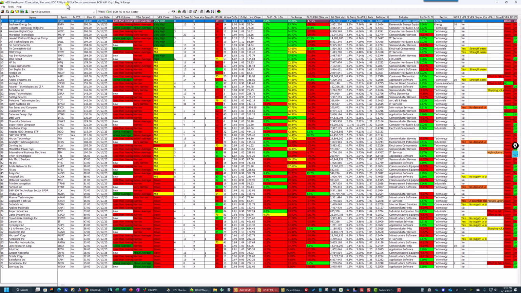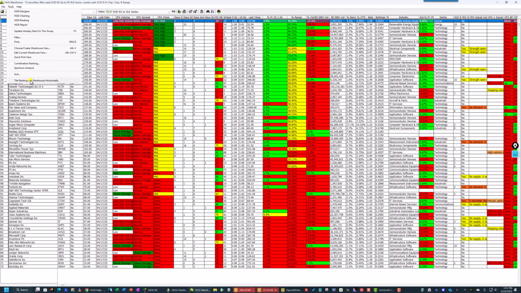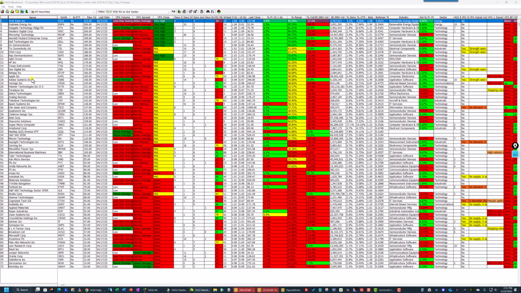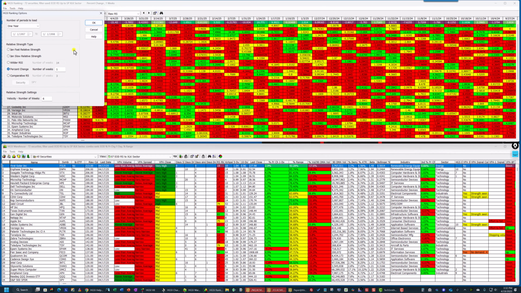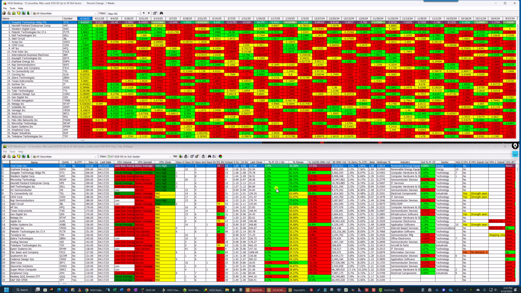Now I want to do something else here. I do this quite a bit. I go into the Tools menu and select Tile Ranking and Warehouse horizontally. So what this does is it brings the ranking module up to the top window, and it puts the warehouse module down in the bottom part. So you can see that I've got this set on percent change 1 week. And there are a lot of options in here, but this is what I'm using now because I'm doing this